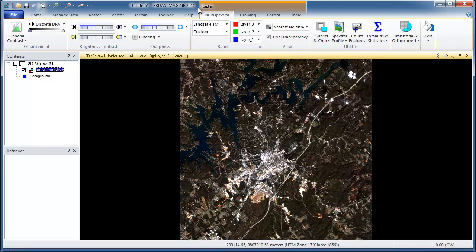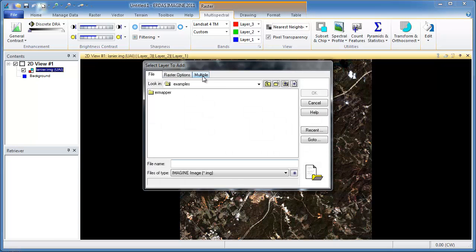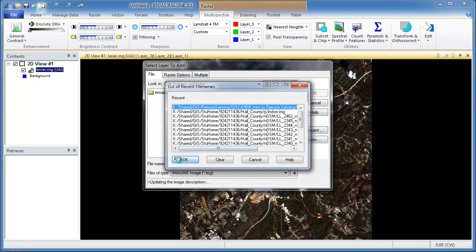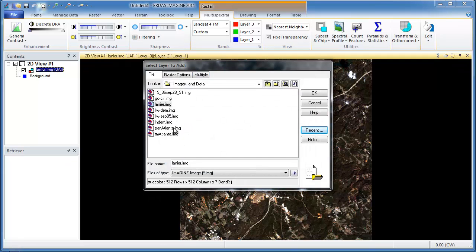And then, for instance, these tabs from the multispectral all the way over to the table, you can see here where it says raster, and it encompasses this right here. So depending on what you bring in here, you'll have different options for your tabs. For instance, this is a multispectral, and so these are the options that you have. Let's say, though, we'll open up a new file here. Let's open up a